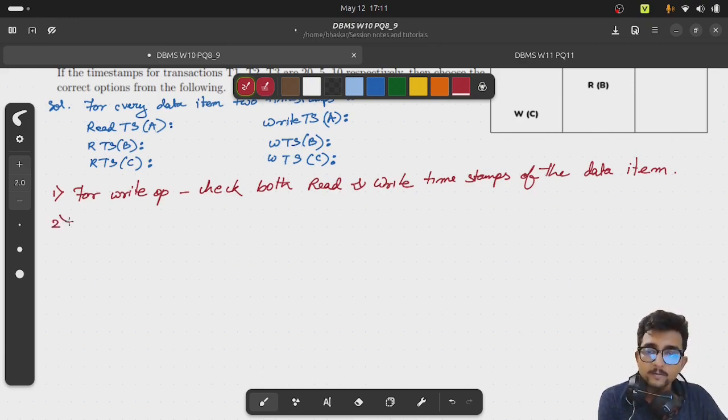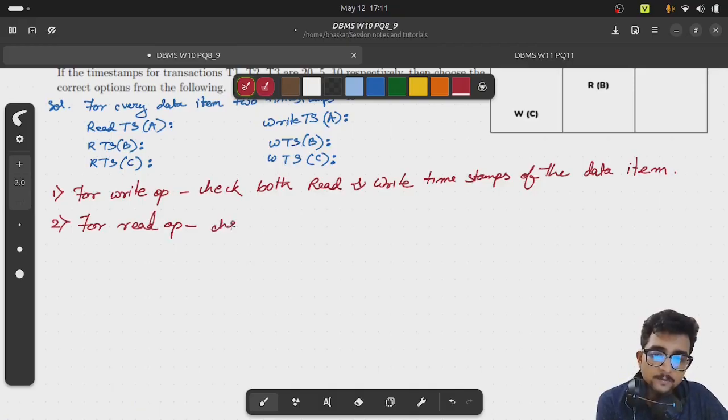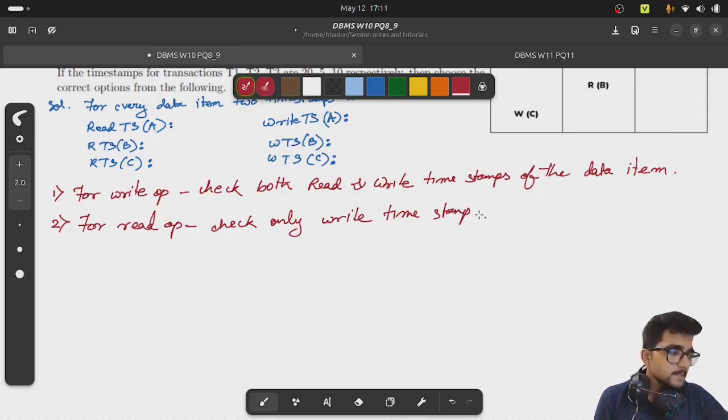And for read operation validity, we will only check the write timestamp. Right. So this is intuitive because while I'm reading something, I'm not worried about who else has read at what point of time, right? So I'm not worried about that. I am reading something. The only thing that is required to be kept in mind